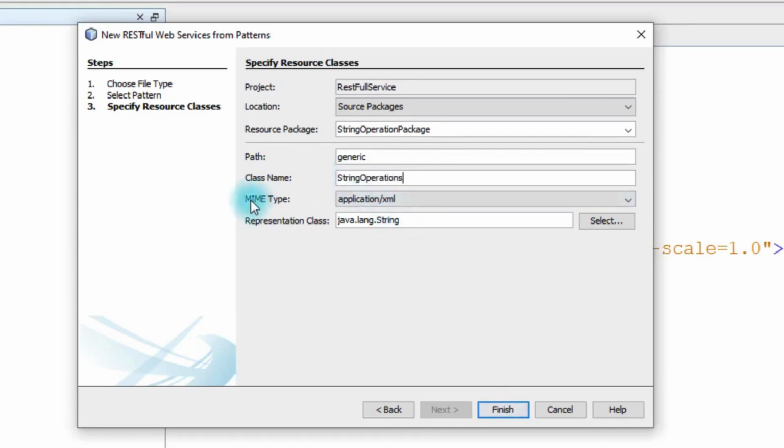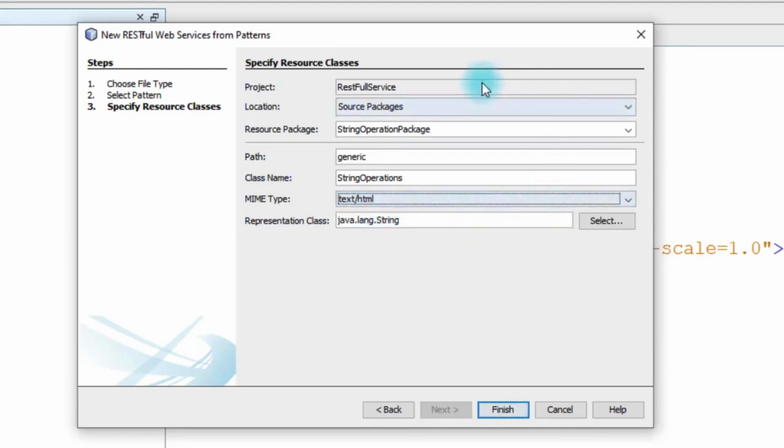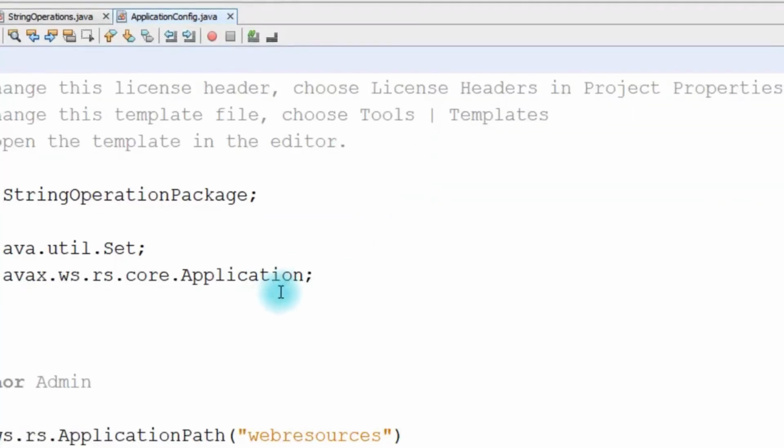And do remember, we select the MIME type, which is text/HTML, and then click on Finish. So this will create a RESTful web service.